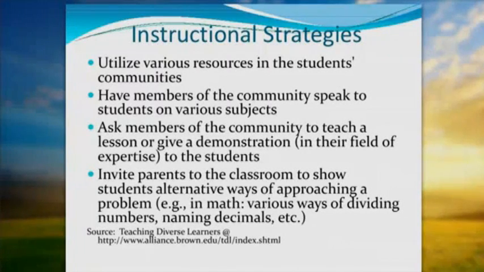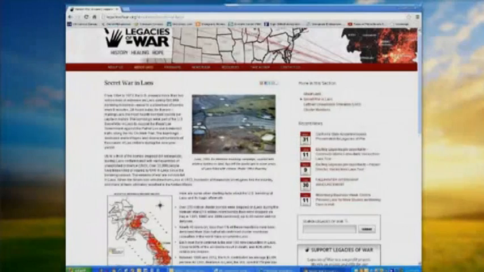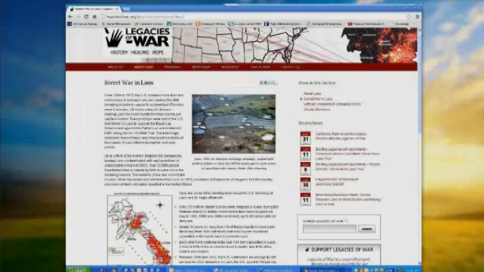So I'm going to end with one example of how I did this work with middle and high school students. As I mentioned, I'm a refugee from Laos, and I came to the United States in 1979, but I grew up in the United States and I never learned about the secret war on Laos. For me, I had to learn this from a nonprofit agency. But as a teacher, I asked, how can I make these connections to the classroom? And so I created a 5-week curriculum that focused on arts,